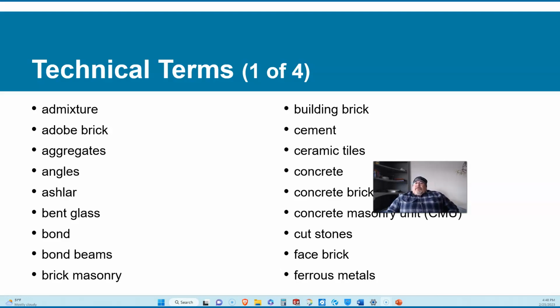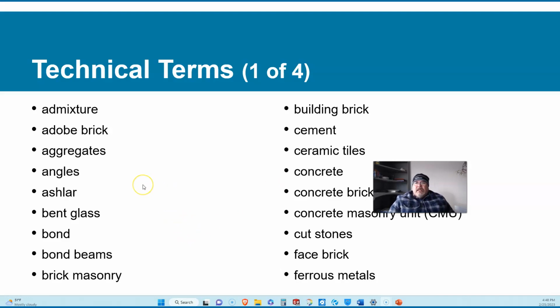Admixture, something that you see typically in concrete work. Adobe brick. Adobe brick is a type of brick made from natural earth, consisting of clay. You could say dirt if you want. Aggregates, they refer to rocks that have been classified into specific sizes. So you can have 3/4 inch aggregate, 1/2 inch aggregate, 3/8 aggregate, 1/4 inch. But basically what they call classified, clearly organized,